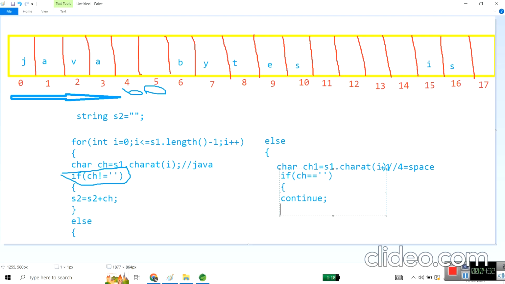Right. Now next time it will increment. Now it will be here, 4 is there, it will become 5. Now it will become 6. For example, it became 6 here. If it became 6, 6 is B. So this condition, it is not equal to space. So what we have to do then? Else,